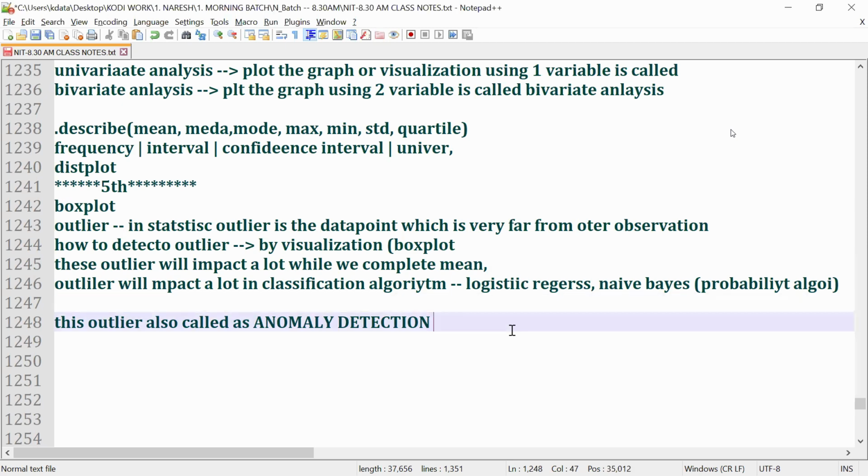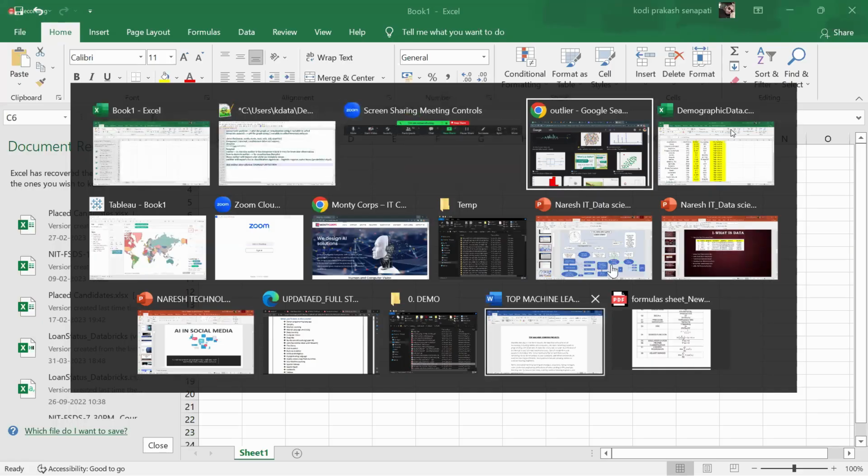Clear or not up to this? Now the next one. In this graph,